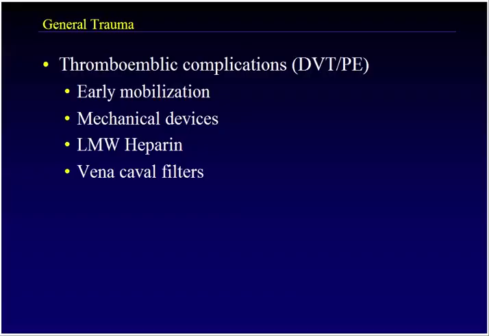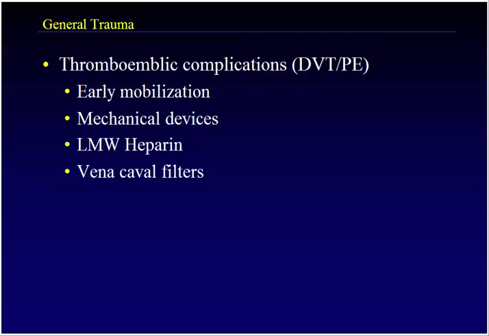Thromboembolic complications are very important in orthopedic traumatic injuries, deep venous thrombosis and pulmonary embolus. It can be prevented by early mobilization of the patient, early stabilization of long bone fractures, which will allow you to mobilize the patient early, and then as well the use of prophylactic measures such as mechanical devices, foot pumps,